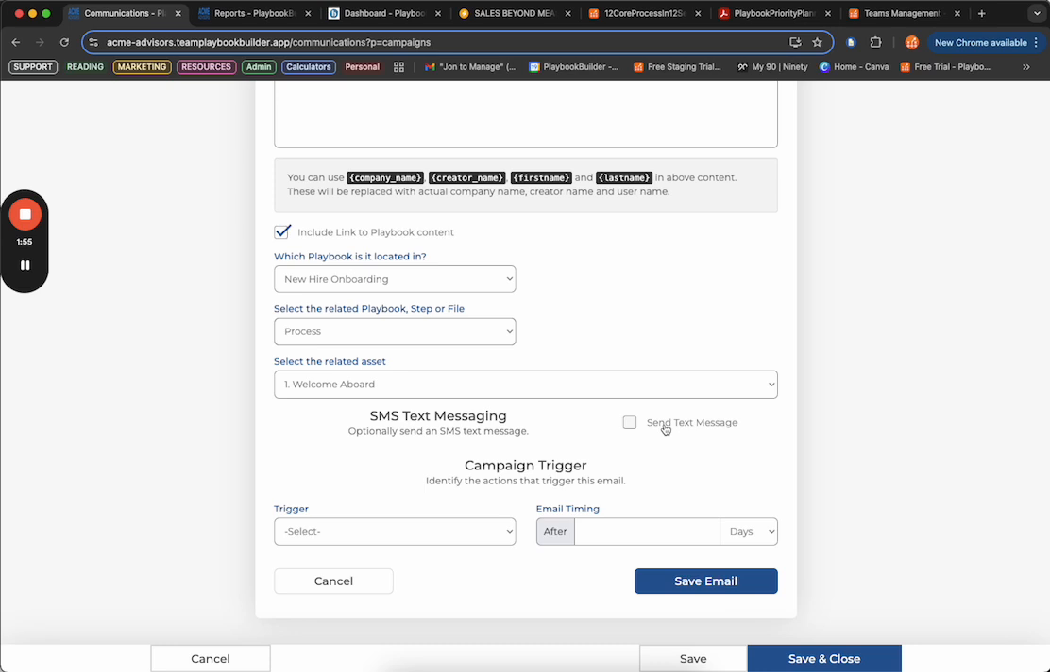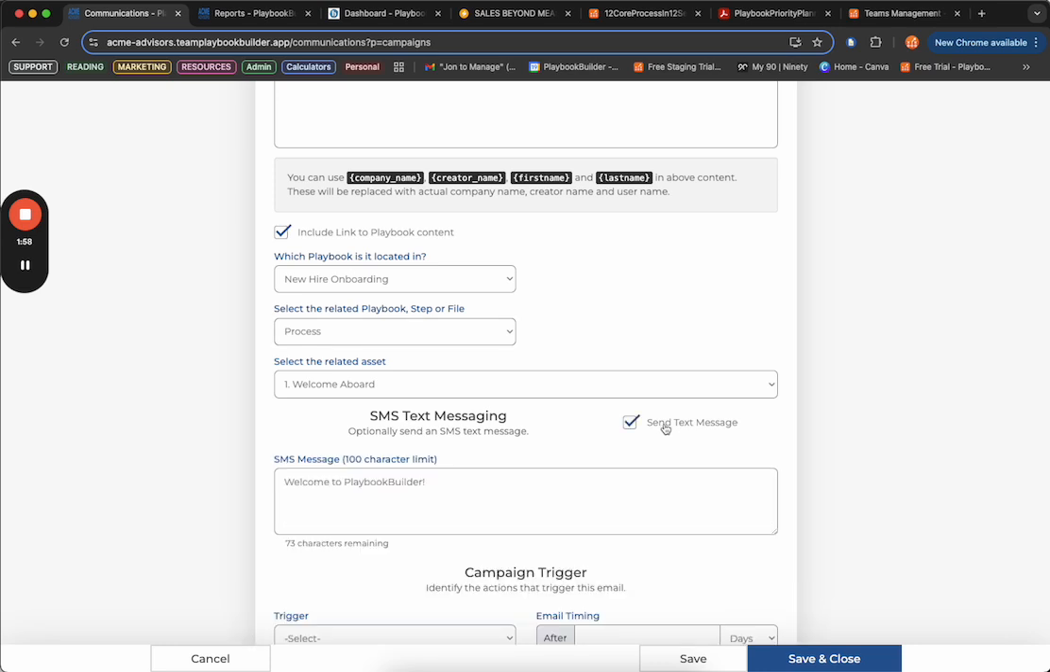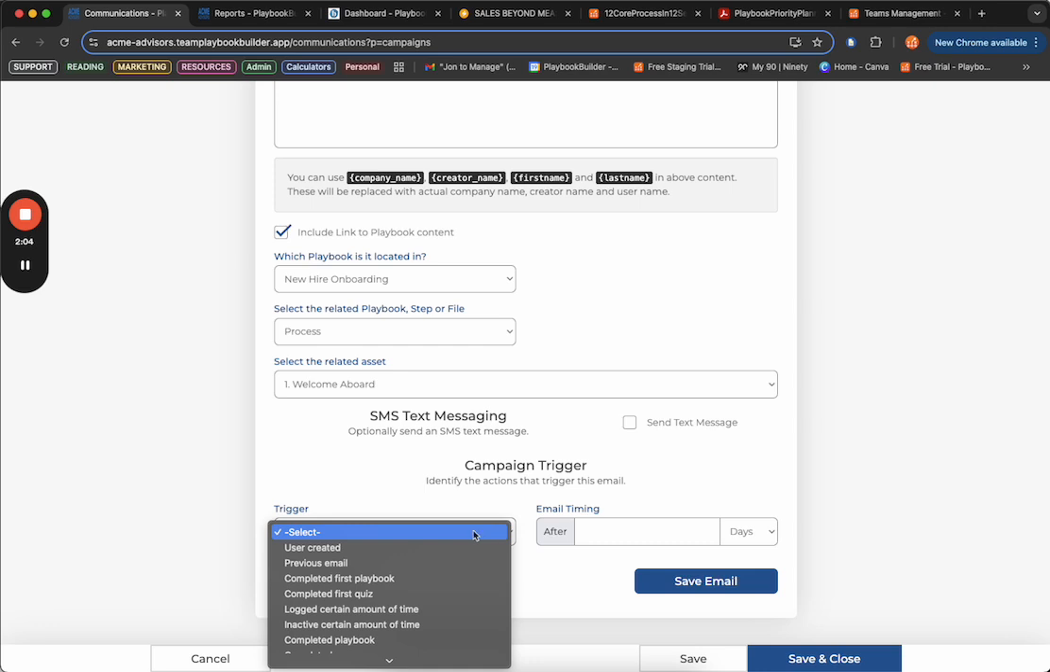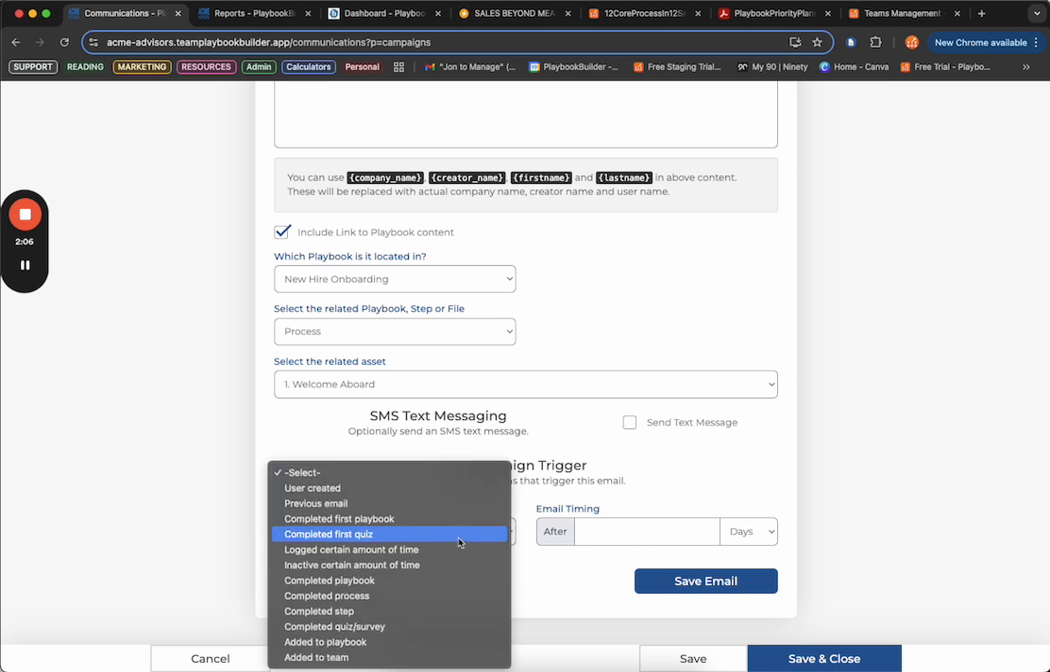If I'd like to double down on a text message, I can. In this case, I won't do that. But now we're going to discuss the triggers. Very simply, a trigger is an event that will trigger an email or text to go out. In this particular case, I'm going to pick user created, and that will trigger this new user to receive this